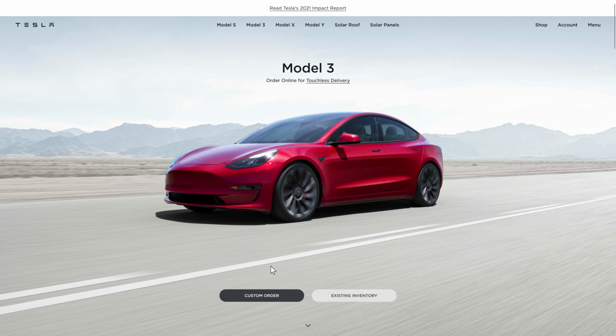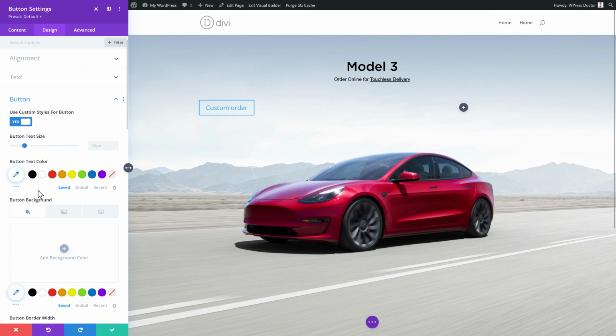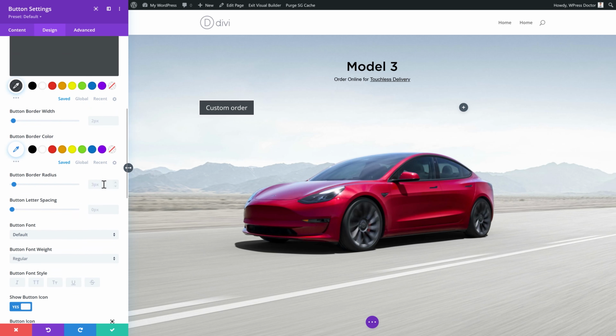And then we have 2 buttons, which are really easy. Let's see what color they're using. This color. So we go with the button text color will be white and the background color will be this one. Then we go down, we're going to check the radius. It's going to be 25 pixels because it's rounded. We don't have any border.